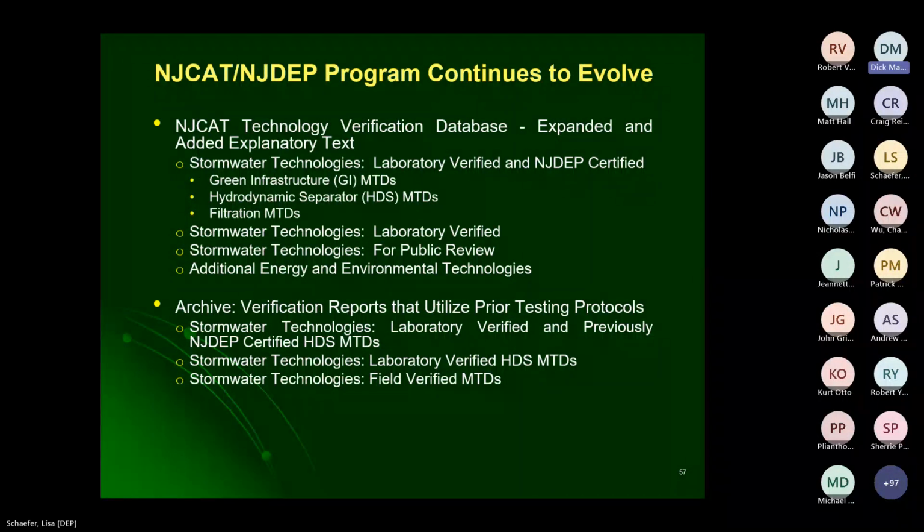And frankly, other states may accept results from a previously verified protocol, and whatever agency has jurisdiction can do that. But none of these can be accepted for use in New Jersey. So you need to know that. And finally, I think the last slide